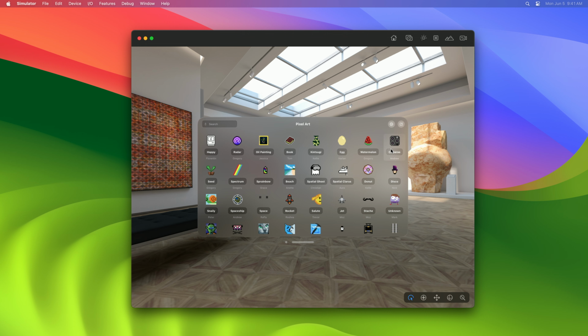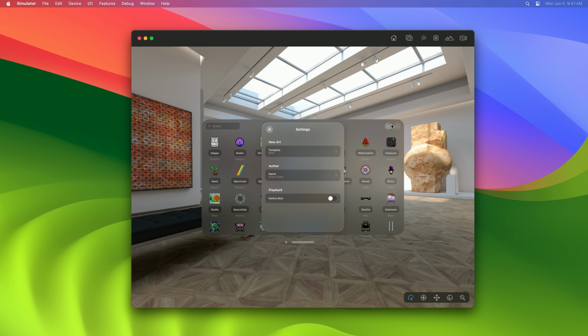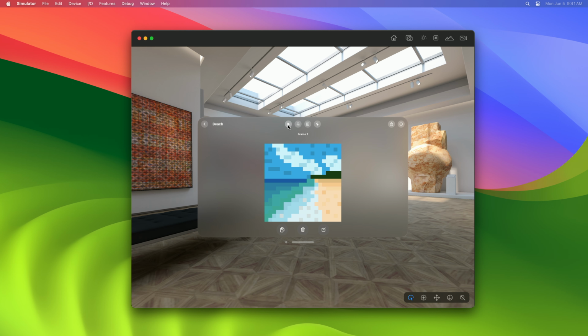The UIKit presentations you know and love are making their spatial debut. On iPad, the example app uses sheets, alerts, and popovers. Let's go over how those behave on the new platform. First, let's open the app settings. The spatial sheet pushes the presenting view controller back and dims it. Unlike iPad, it won't dismiss due to touches outside the bounds or other gestures, regardless of the view controller's isModal and presentation property. Next, let's check out the new alert style.